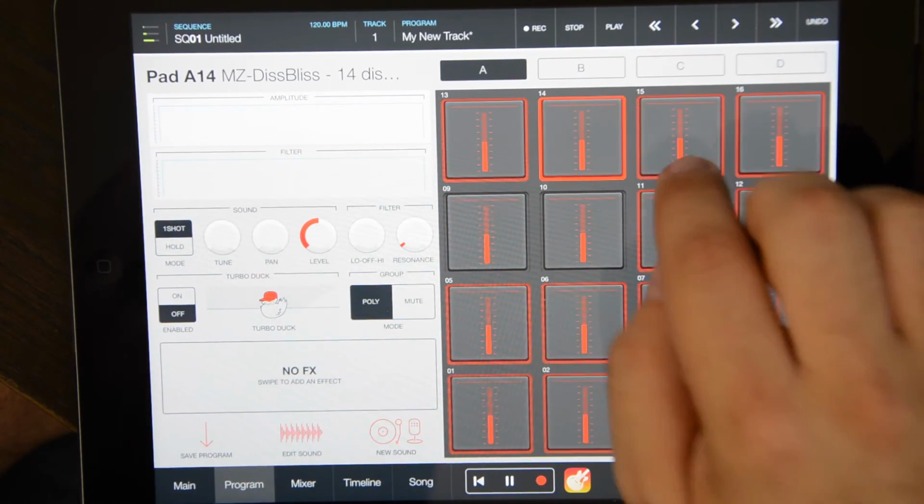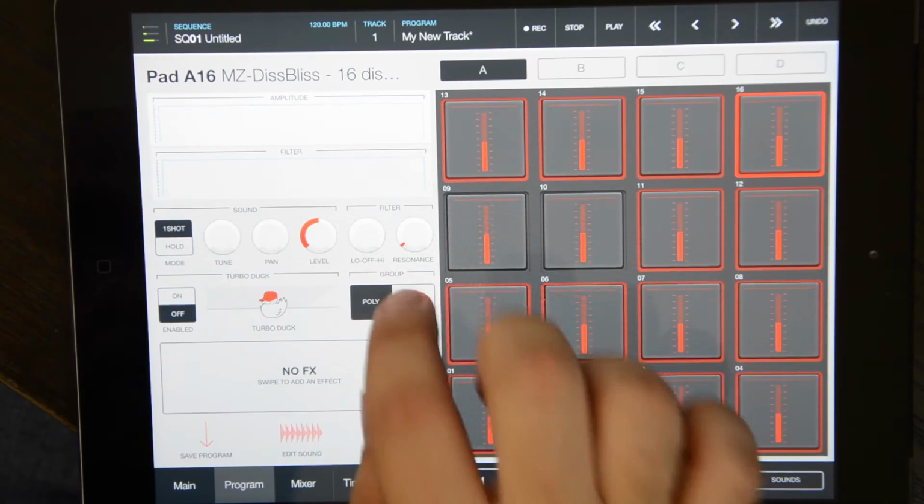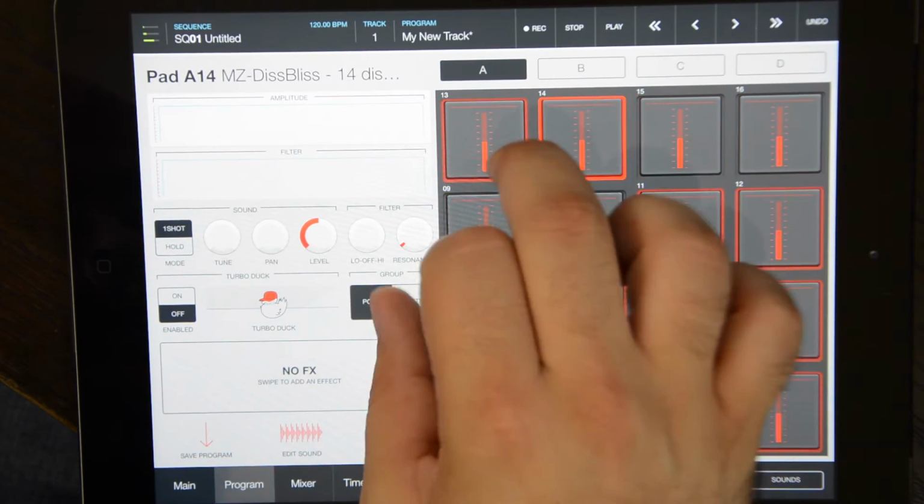Now, those all bleed together as well, so I'm going to put those in the mute group.